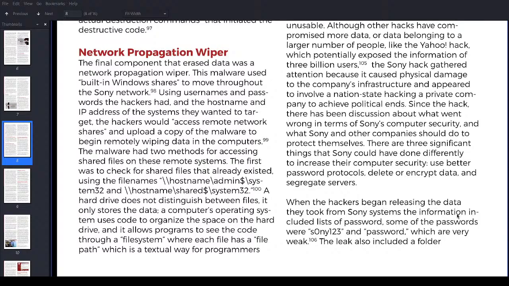I plan on doing more of these hacking breaches, and the reason I'm going to go deeper into this is because I want to understand more about how hackers work and how they attack companies, because you get a pretty solid idea. And then from there, if you want to be a red teamer or a blue teamer, you get an idea of how these attacks occur and how you can help prevent them, or help cause them if you're a red teamer, and by that I mean if a company allows you to test their networks.